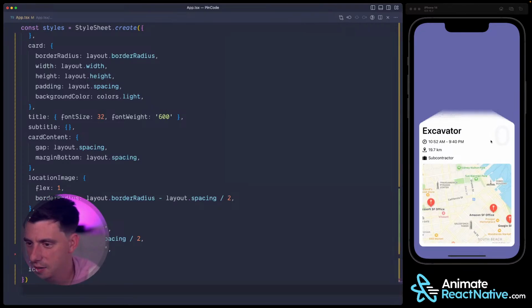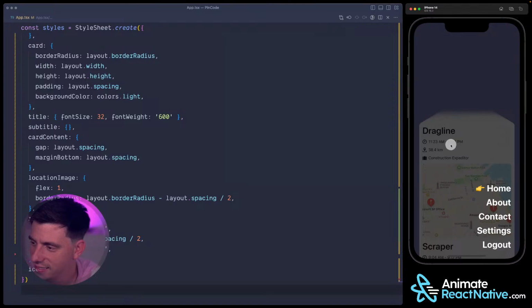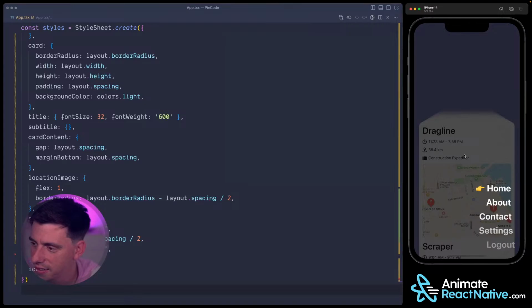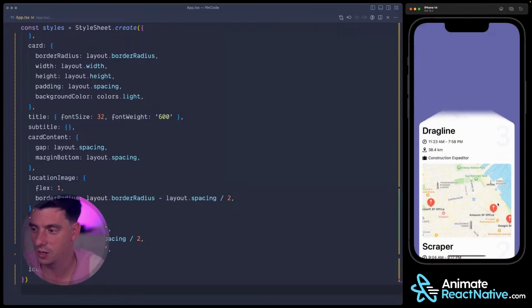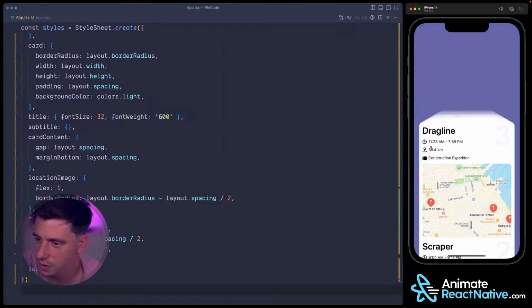So basically we have the same effect here, right? So we move the item. But now if I fling to the left, you see? If I press on the backdrop, if I fling to the left, you see? Fling to the left. The items are going to be displayed using a stagger. If I press on an item, it's going to close from bottom to top using the same stagger animation, and then it's going to do something, right? Either pressing on the backdrop